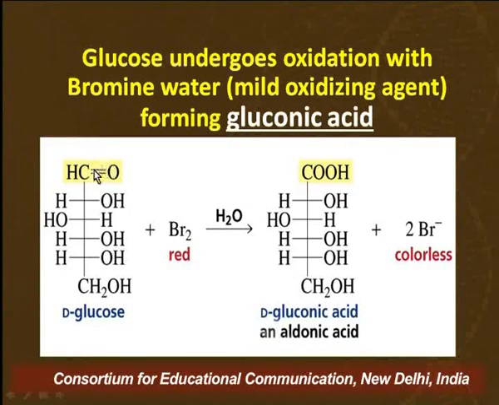Now when we are talking about oxidation in terms of organic chemistry, what you have to keep in mind is that oxidation means removal of hydrogen or addition of oxygen. So when we talk of methanol, we say that methanol undergoes oxidation because methanol has alpha hydrogen in it, and we remove that hydrogen and we are able to convert methanol to formaldehyde. And then we get an aldehyde group.